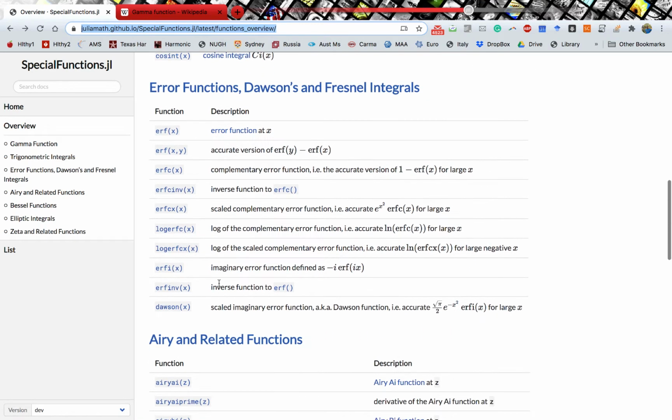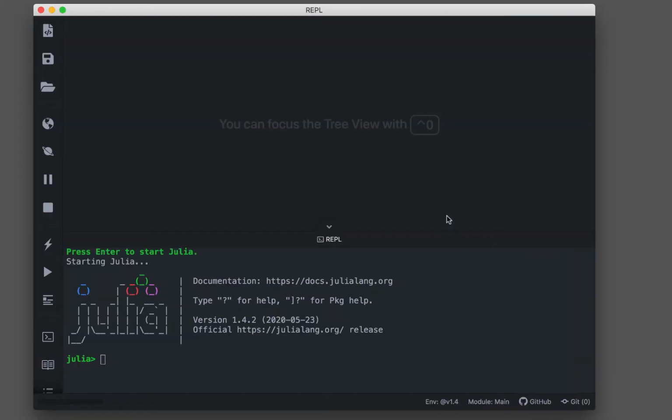Okay, now here let's go back to the Atom text editor. In this episode, like the previous one, we will proceed with the Atom text editor. So firstly we need to write pkg, because we need to use that. So then we need to install the SpecialFunctions package. So for that I need to write, okay,